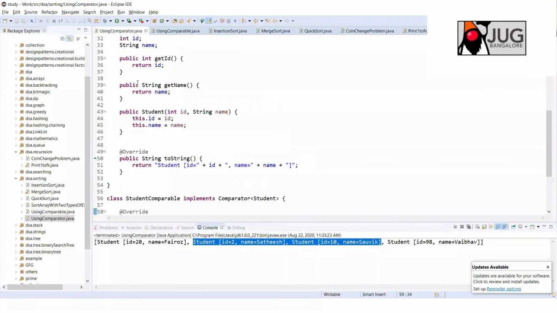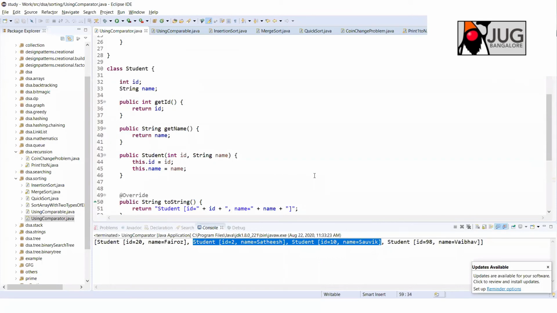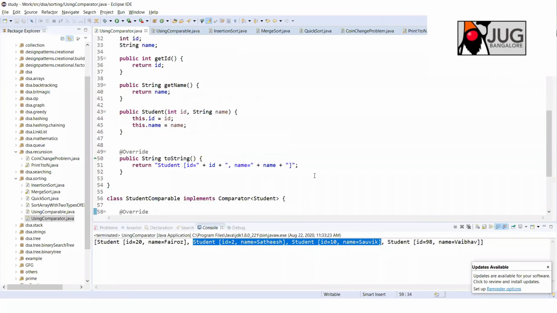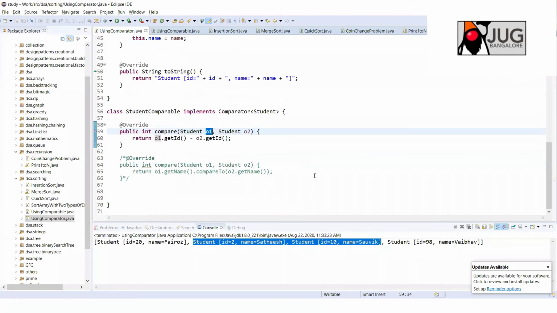In this case, ID, name, and all are accessible. So you can write your own logic for how you want to sort. That is doable in this compare function itself. Okay, Firoz, thank you.